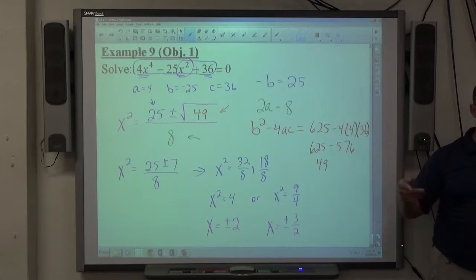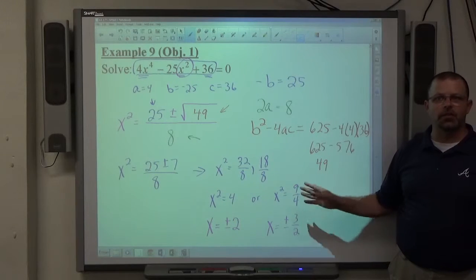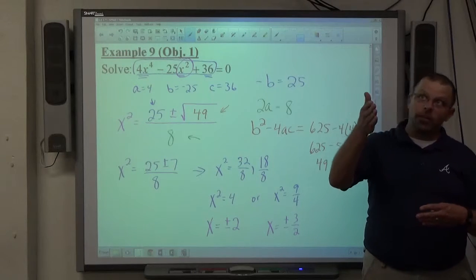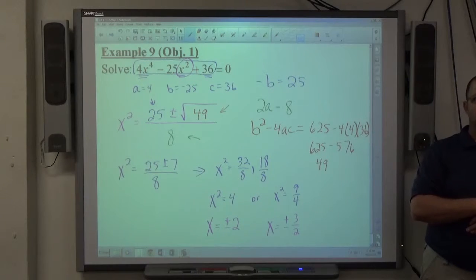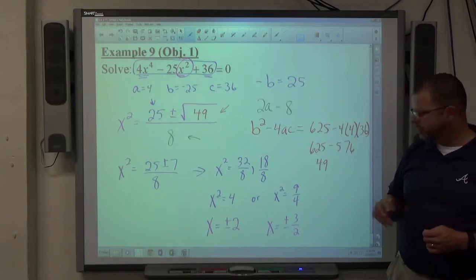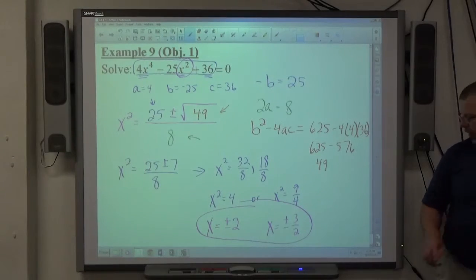If the root you're dealing with is odd, you only get what the sign it is. If it said x cubed equals number, you get one answer. If it says x to the 5th equals number, you get one answer. If it says x to the 4th, it's plus or minus. So even powers you have to do plus or minus, odd powers you just get whatever the sign is. Alright? If this said x squared equals negative 9/4, that's empty set. It gives me imaginary answers. If they ask for imaginary answers also, plus or minus 3 halves i. Okay? But for right now, I think we're going to stick to real answers for the most part. When we get to the point where imaginary answers are legal, we will deal with that when we